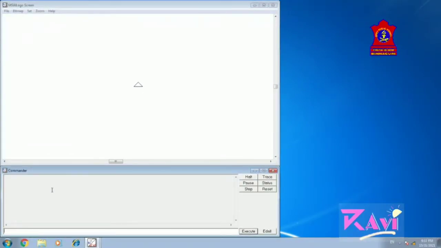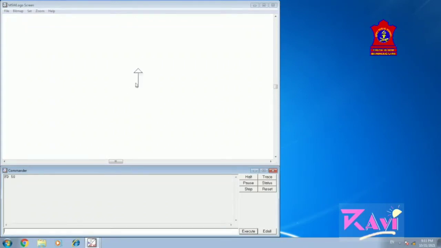Type FD, provide a space, and type any number of steps. We are typing 50 here, and the turtle is at its home position. Now we have written FD space 50. Click on Execute or press the Enter key. I am pressing the Enter key on my keyboard, and let's see what happens.